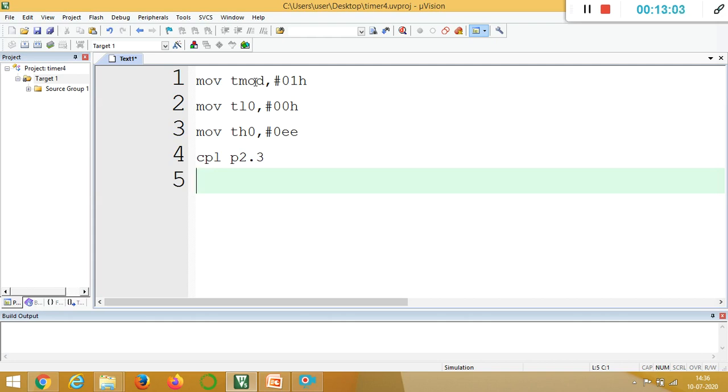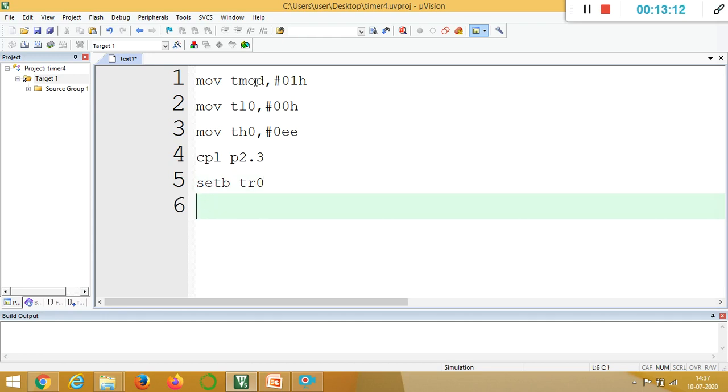So directly I go for starting the timer: SETB TR0, because it's timer 0. Next, I will monitor the TF0 flag. So I will use one label again, in the same loop: JNB TF0, AGAIN.